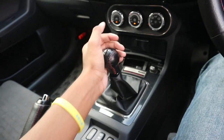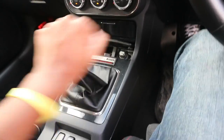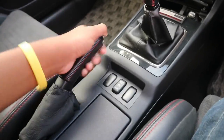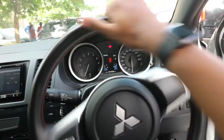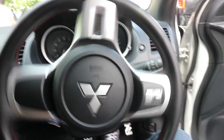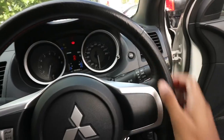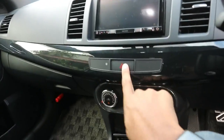It does have a 5-speed manual, and once you put it in reverse, you do have a rear backup camera. Parking brake, 3-spoke electrically assisted leather-wrapped steering wheel, nice and tight, with red contrast stitching around. So let's go ahead and turn on the automatic headlamps, high beams as well as the fog lights, the hazards,